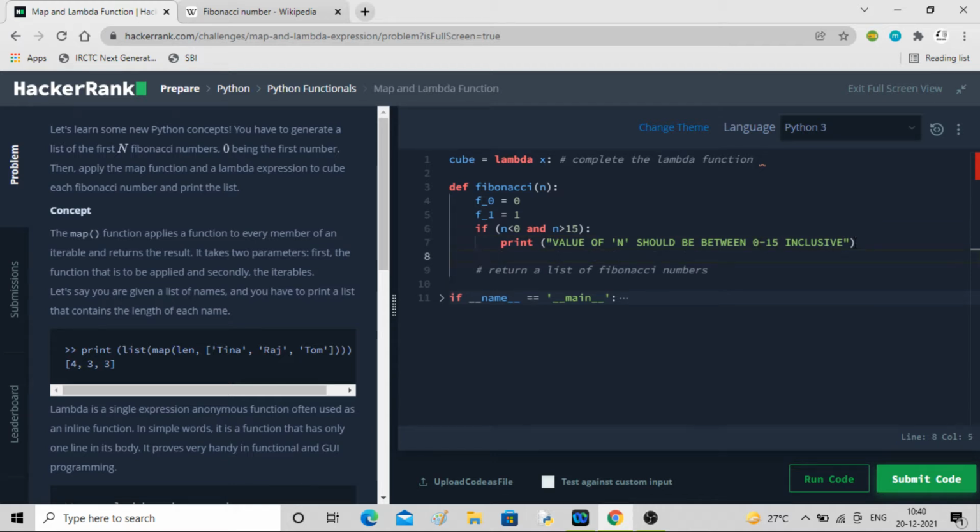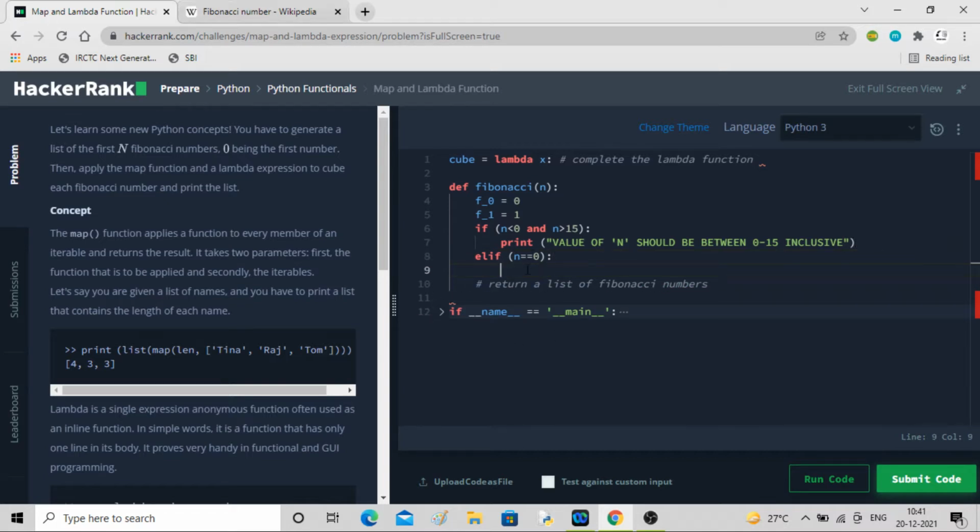Now else, if the value is between 0 and 15, what will we do? elif, what's the spelling of else if, elif. If n is equal to 0, we have to just pass the empty list, right?